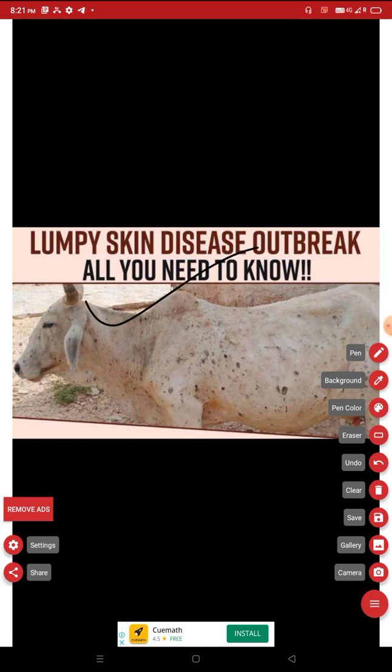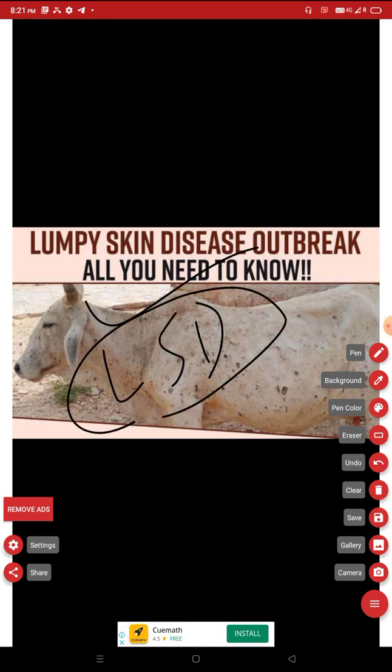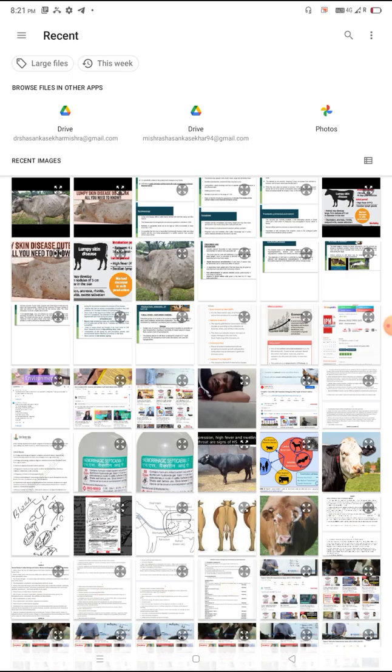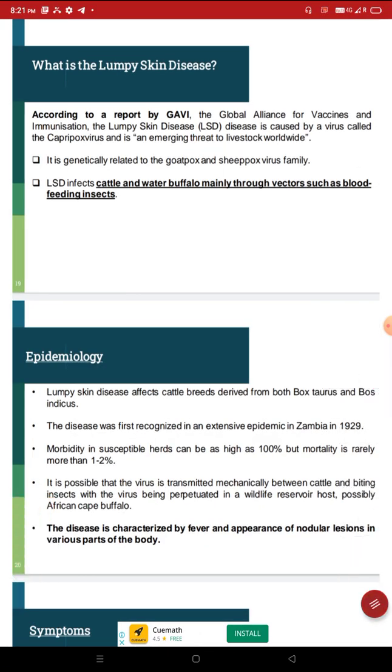All you need to know, lumpy skin disease. Here we go. What is lumpy skin disease? According to a report by GAVI, Global Alliance for Vaccines and Immunization, lumpy skin disease, LSD, is caused by a virus called the capripox virus. We have to remember this: the capripox virus causes lumpy skin disease and is an emerging threat to